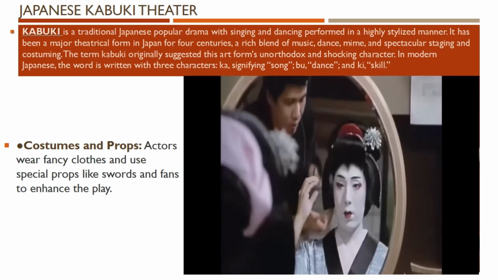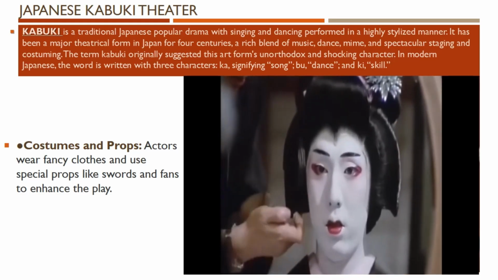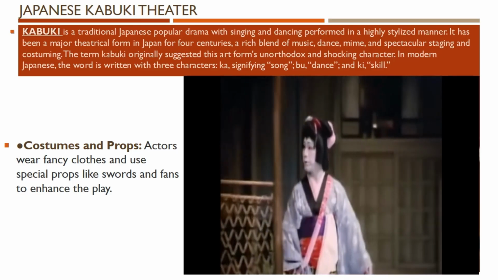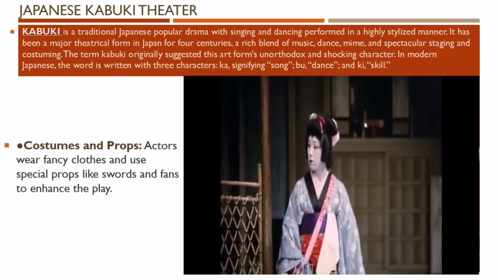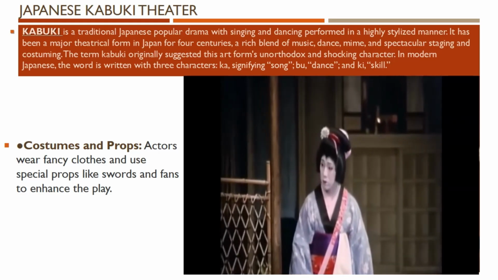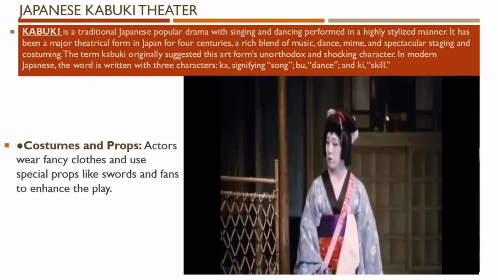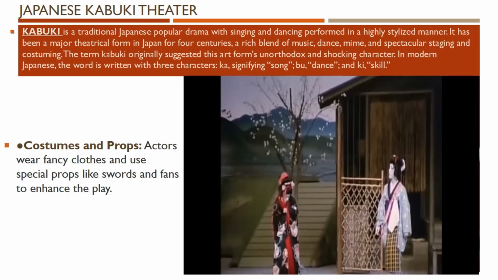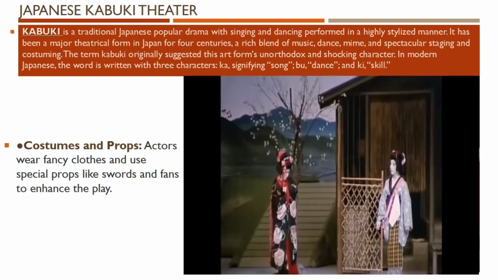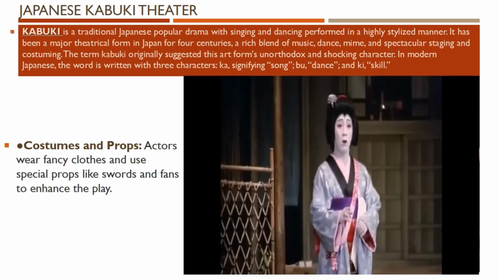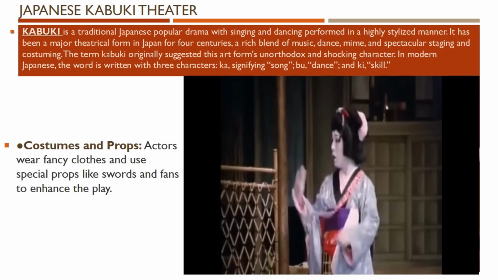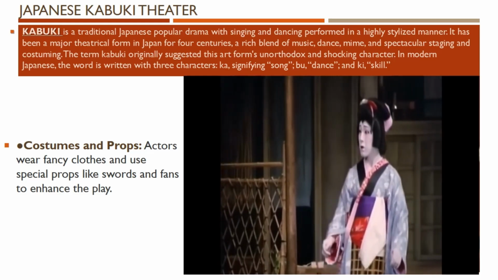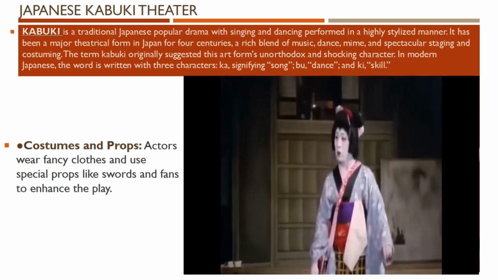Originally, both men and women acted in kabuki plays, but eventually only male actors performed the plays, a tradition that has remained to the present day. Male actors who specialize in women's roles are called onagata. Two other major role types are aragoto, rough style, and wagoto, soft style. The actors speak in a monotone voice and are accompanied by traditional instruments.